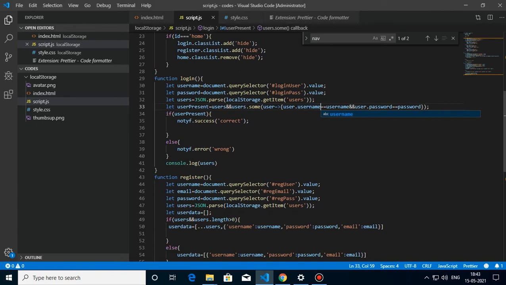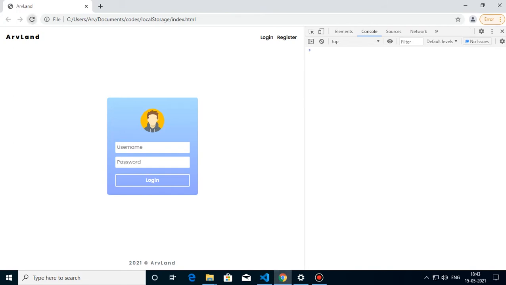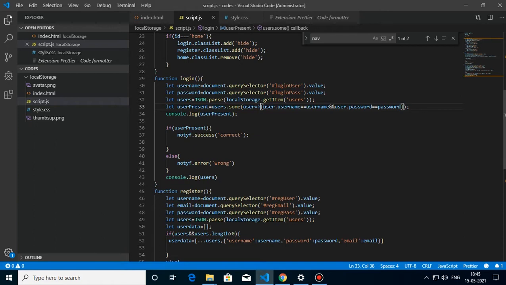Silly mistakes, but they cost us a lot of time, so you have to be very careful when you use variable names. Now if you check, it will be successful, new AAA login. What? Not again. Now what's wrong? Okay, I understood. Silly mistakes. Now I understood.